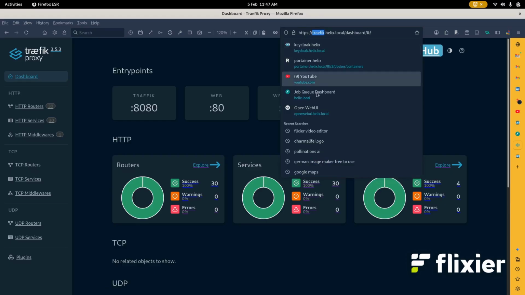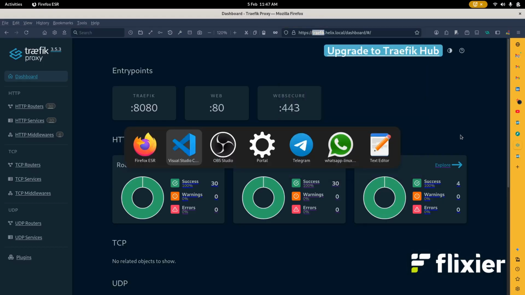This is the dashboard. This is a little bit of a special one. You wouldn't be running this in production, but it's fine here. I use this all the time, especially when you're setting up a new service. You want to make sure it's all working properly. And like I say,